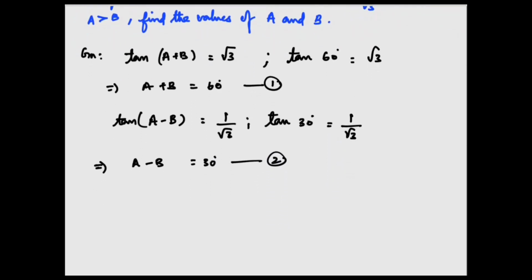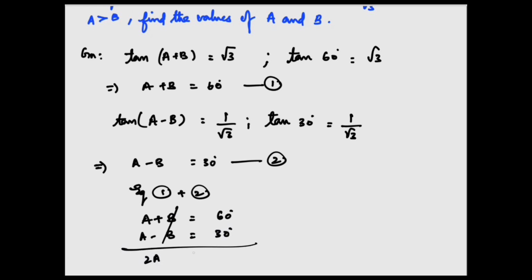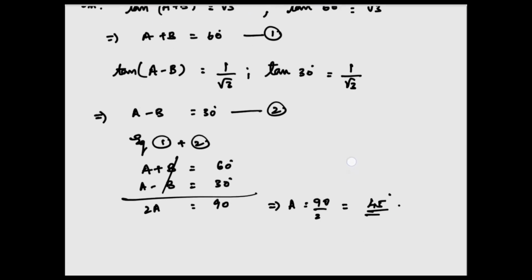Now adding both these equations, 1 plus 2, A + B is equal to 60 degree and A - B is equal to 30 degree. We get 2A is equal to 90, which in turn gives us A is equal to 90 by 2, which is equal to 45. Now substituting